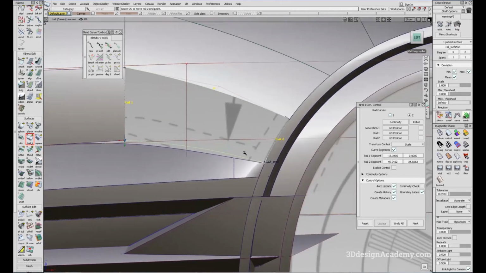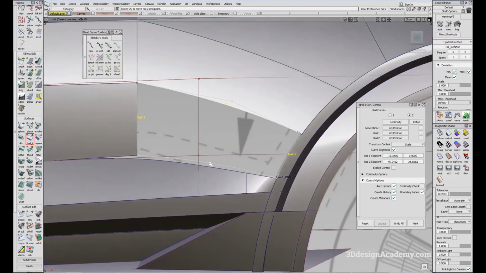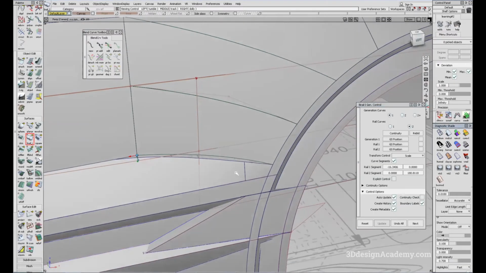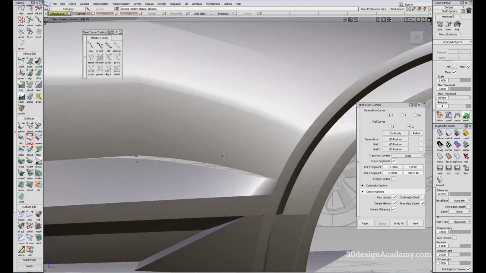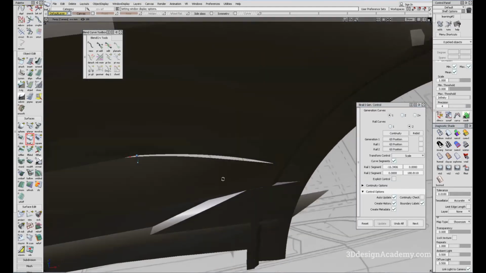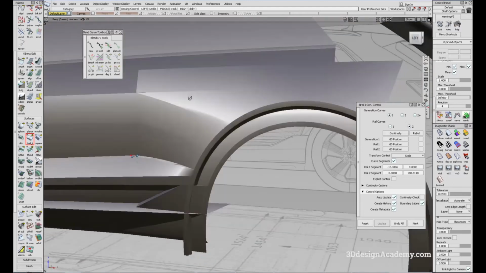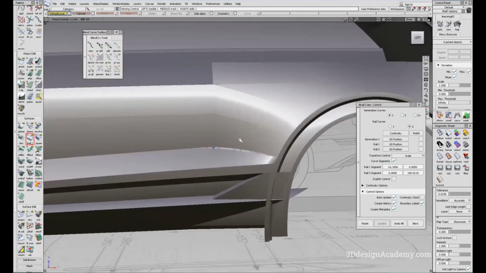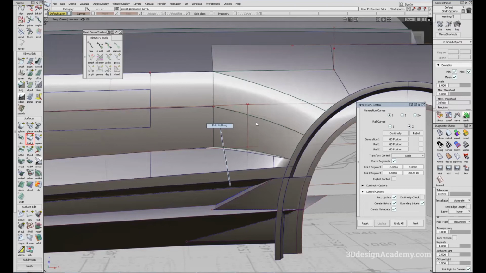Okay, so right now you'll notice that there's a little curve. So what I'm going to do is use an extend tool and trim it because it's not exactly the shape that I want. Okay, however, I think the surface looks pretty good. It's got a nice, yeah, I think that looks pretty nice. Okay, so what I'm going to do